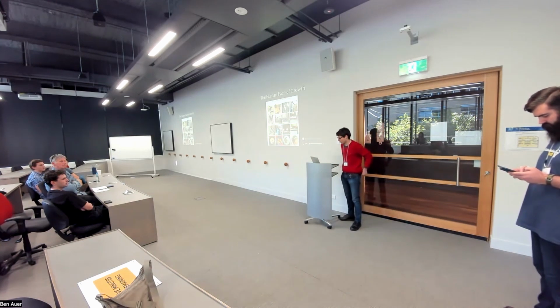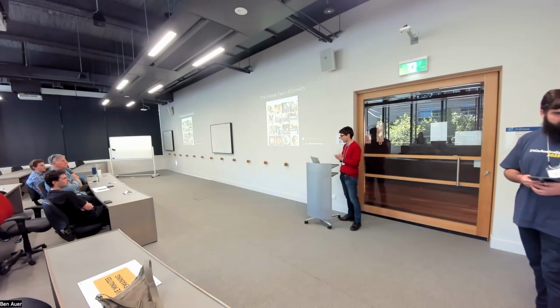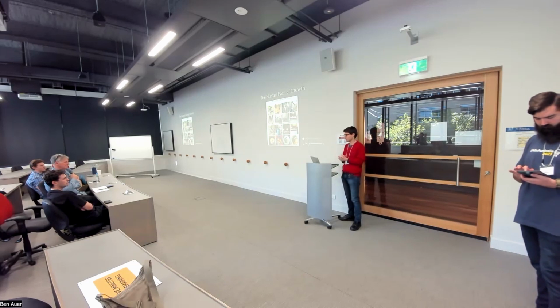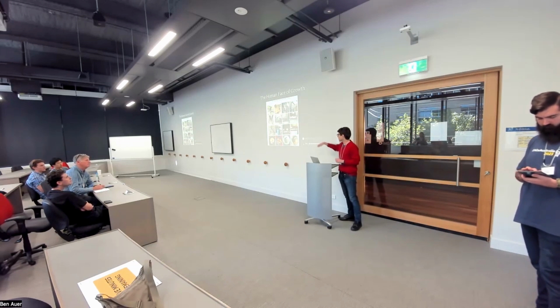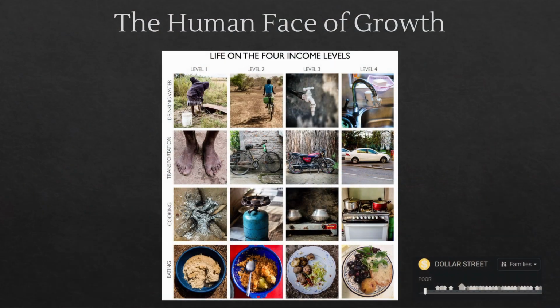This is a nice graphic that I found from the website Gapminder. If anyone has come across it, I recommend taking a look. They've got a section called Dollar Street, and you can look up this graphic there. What they have is individual families from different countries around the world at different levels of income, adjusted so that it's comparable. They take photos of things like method of transportation, water access and food, so it gives you a more qualitative understanding of what different levels of income look like around the world.